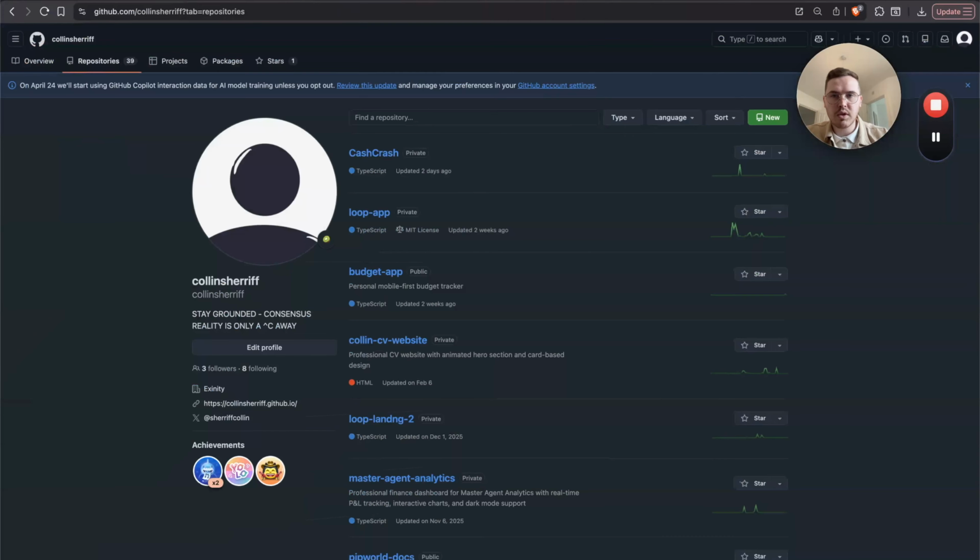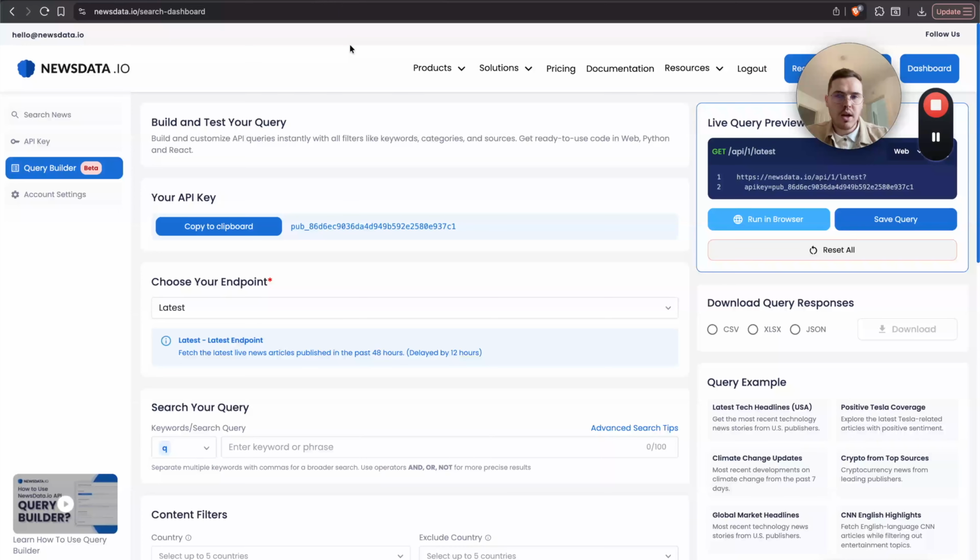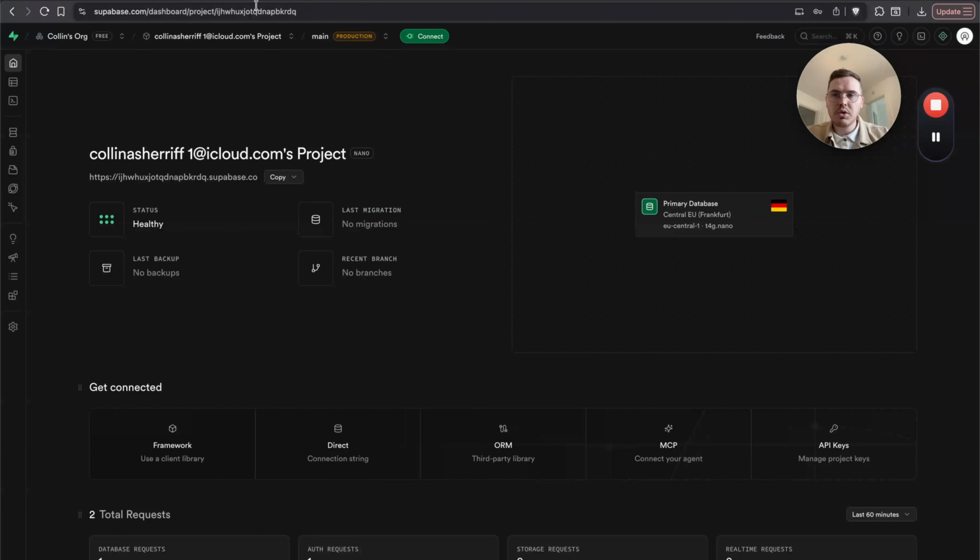I've decided to go with newsdata.io, but you can go with any other API, any other data. And the reason I want to pull in some information with an API is to show you how the whole integration works with a database and a backend and user authentication. So before we start, ensure you have a Supabase account. This is essentially where you store your database, where you have your authentication. Supabase is free, gives you 2 free projects, and is generally speaking quite simple,